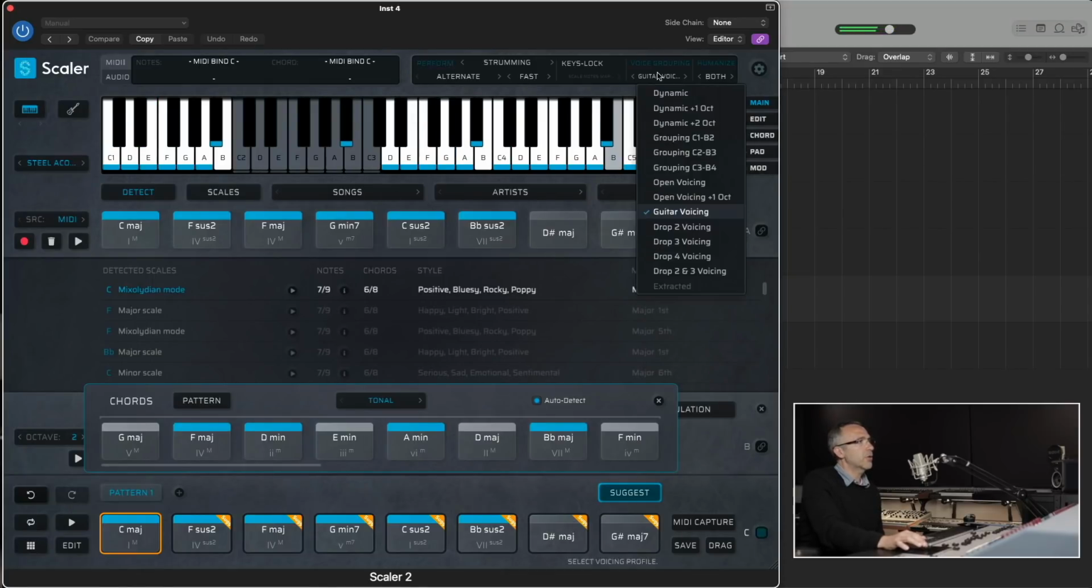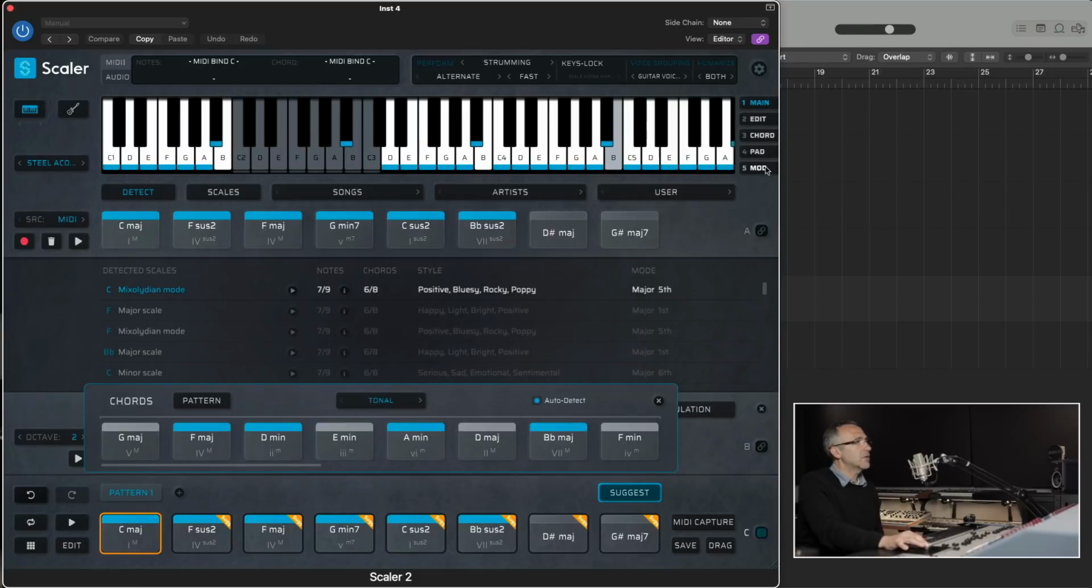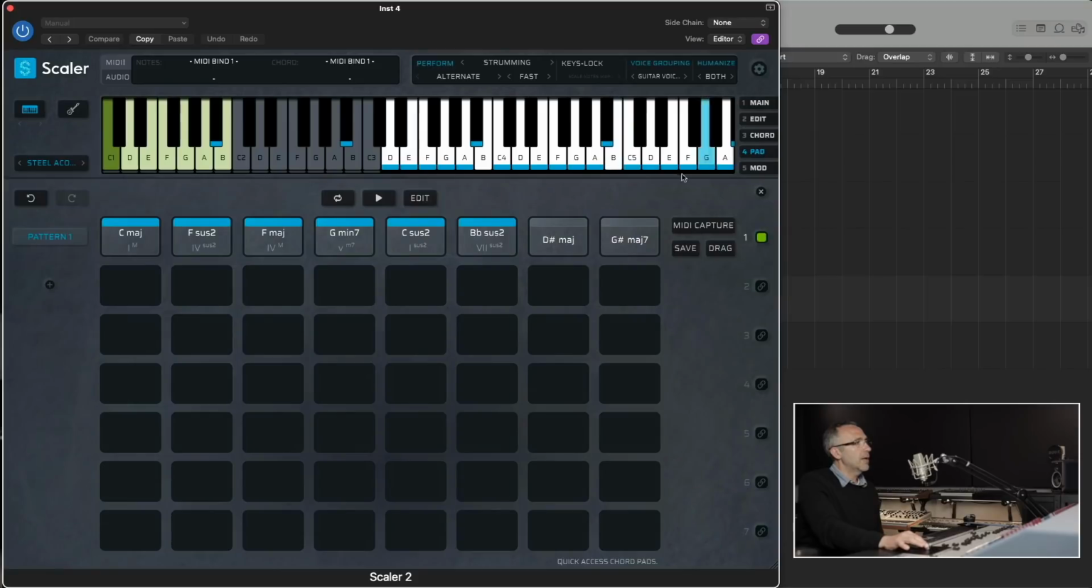Yeah, really nice chord progression. There's a bunch of new drop 2, drop 3, and drop 4 voicings as well. So yeah, really great way to experiment. One of the things you can do now is you can go into pad mode, and let's say we're in